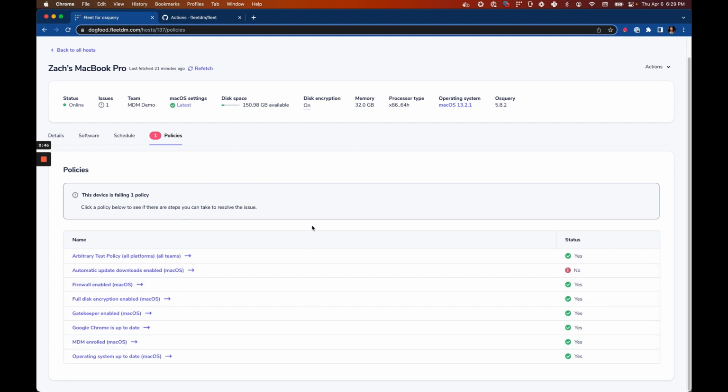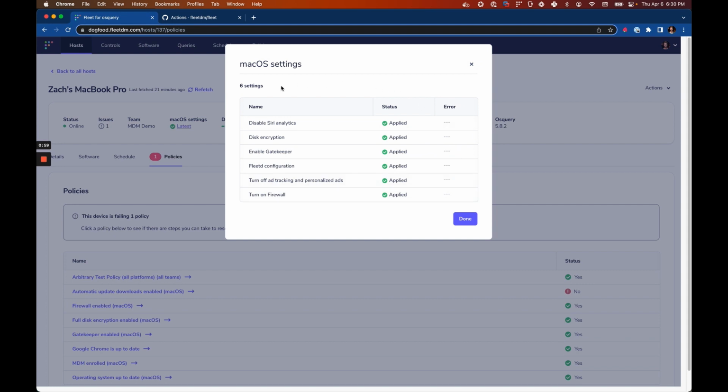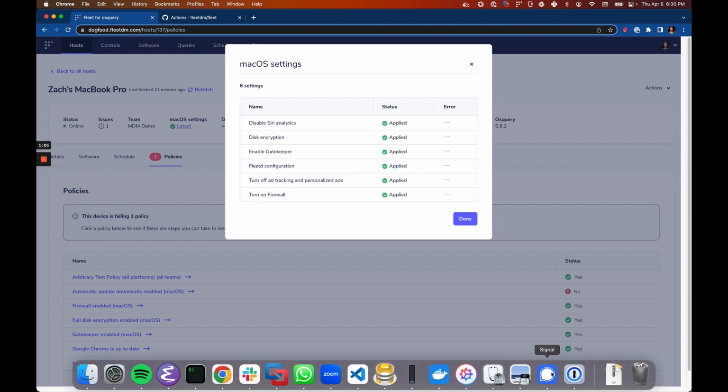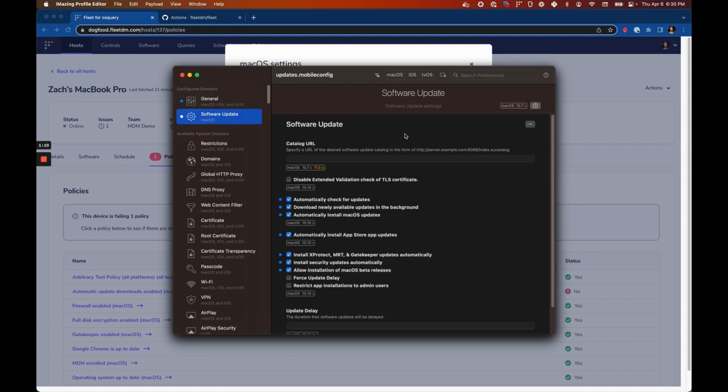So here to dive into the actual MDM capability, let's look at this. So the automatic update downloads are not enabled on this device. Well, we can look at the macOS settings that are applied. Looks like we don't have any configuration profiles set up for that. So we'll pop up our iMazing profile editor, and I've got a profile configured to turn on automatic updates. So I'm going to save that profile,